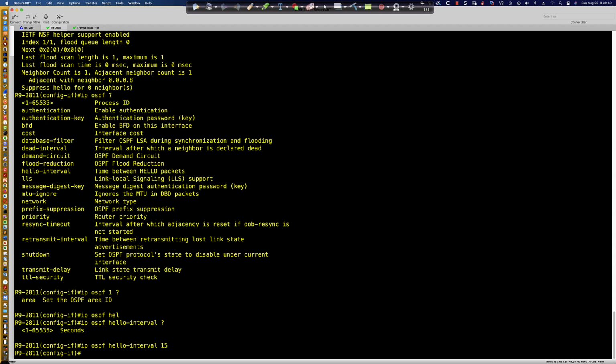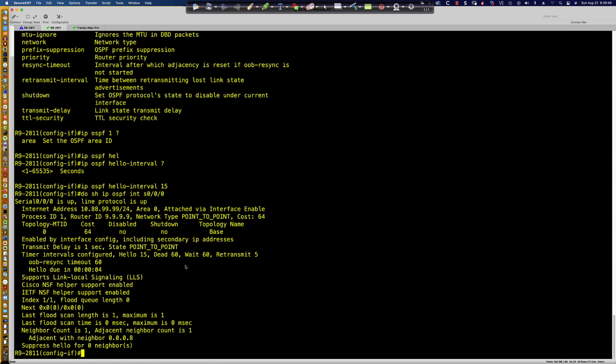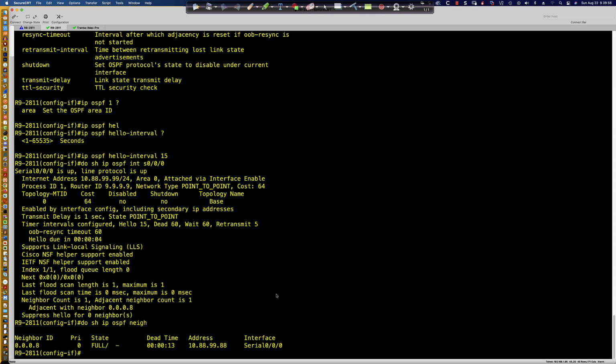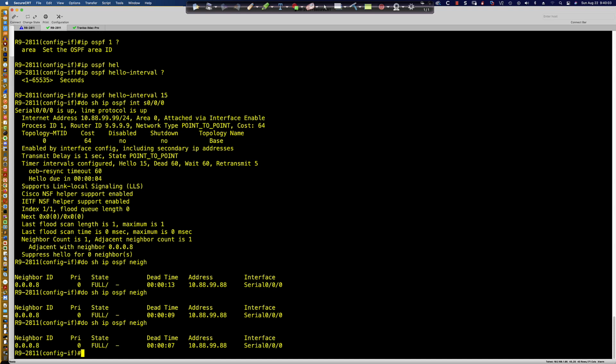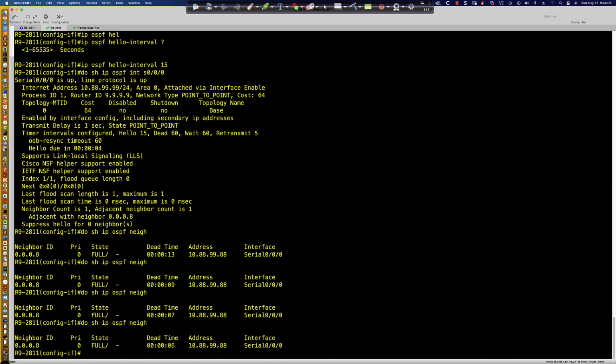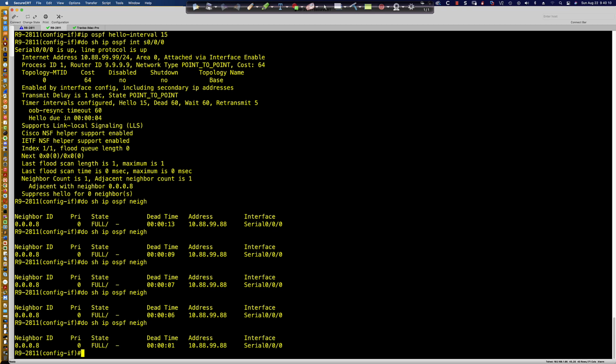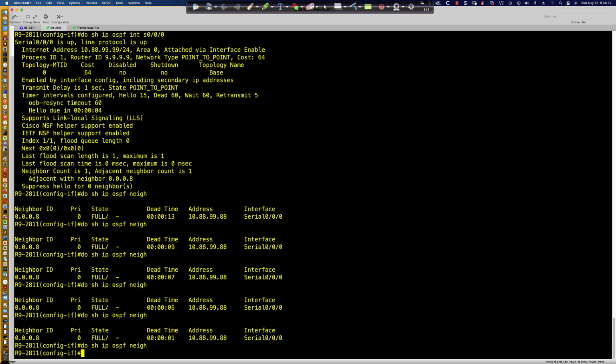Now, if what I told you is true, that the dead interval auto-magically adjusts, let's see if that happens here. Is that 4 times the hello interval? It is. Now, something else is also going to happen. Do show IP OSPF neighbor. So here's the dead time. It's at 13. It's at 9. Why is it not going back up? Well, it's not going back up to what we now have it configured for, which is 60, because the adjacency